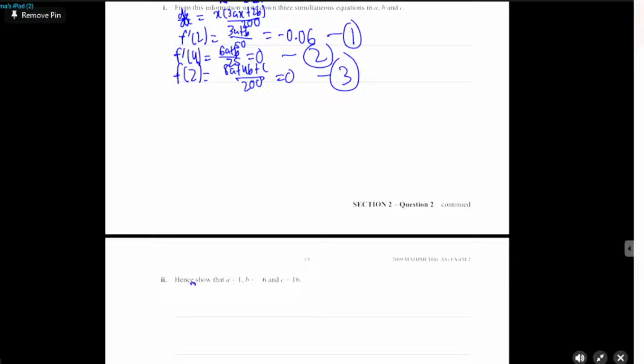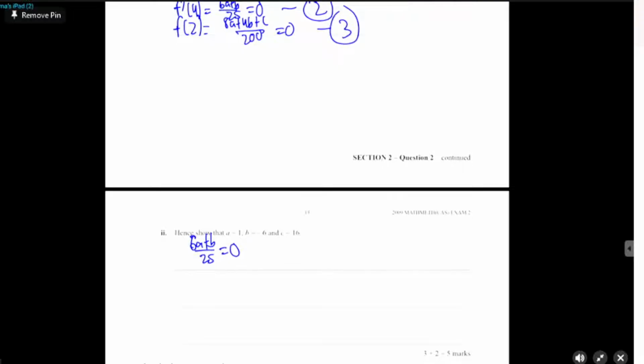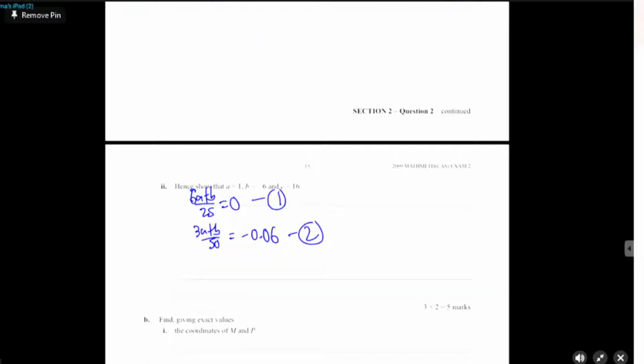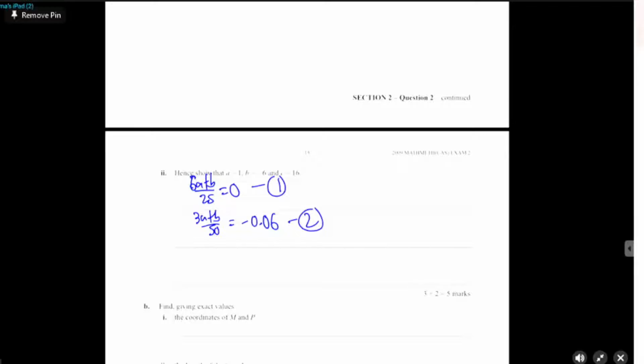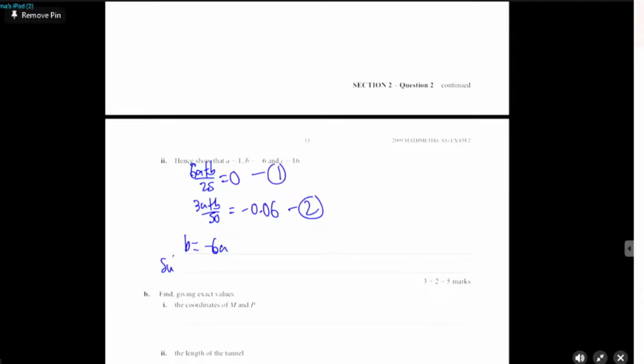So (6a plus b) on 25 equals 0, and then (3a plus b) on 50 equals negative 0.06. When I rearrange 1, I get b equals negative 6a. And then when I sub this b value back into 2, I get